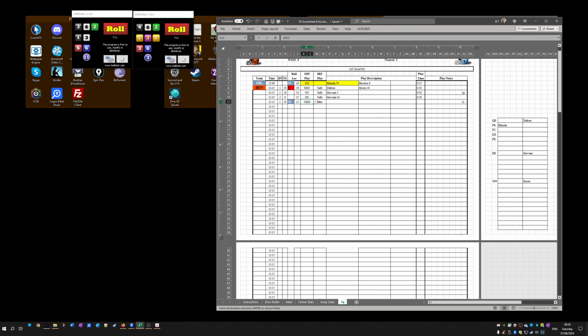Medium pass versus the blitz. Okay, and it's a 13. Dalton is a triple A. 13 Q yards. He's a 13, so a 13-yard pass to